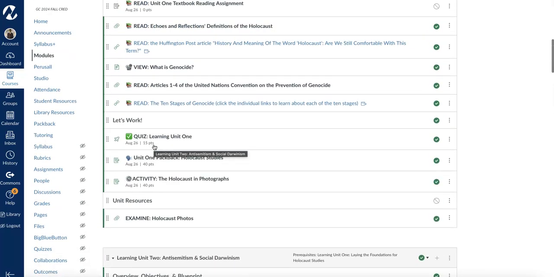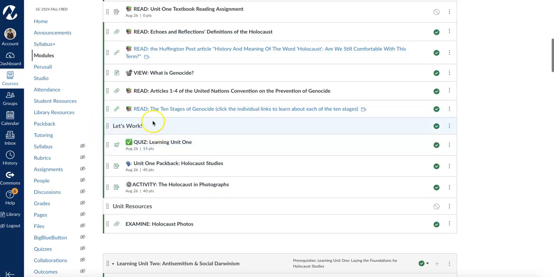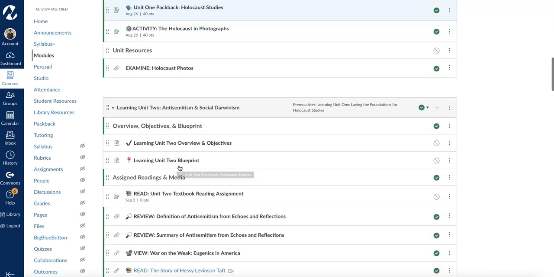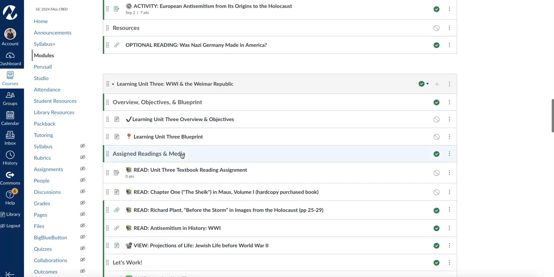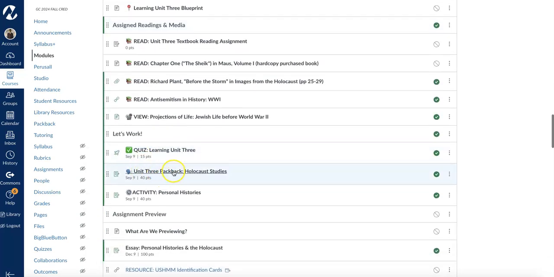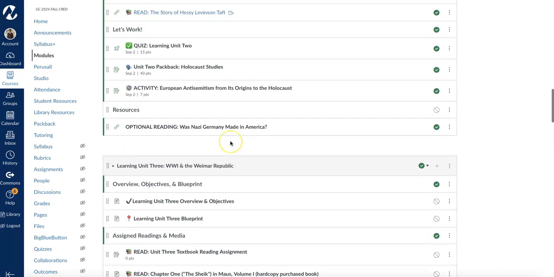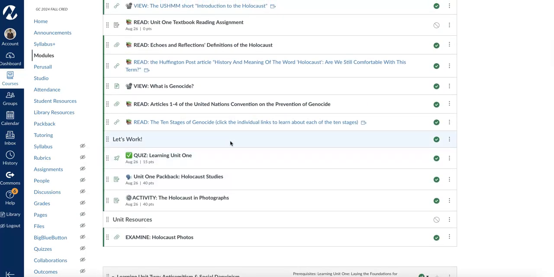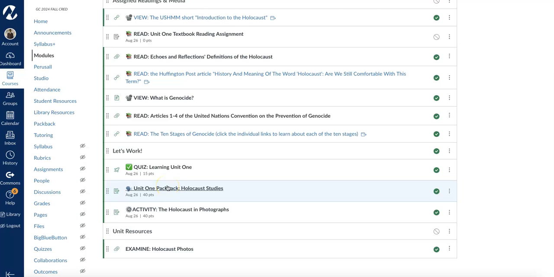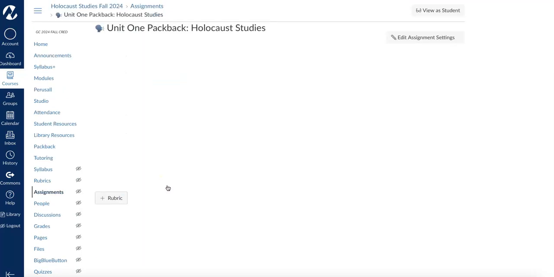Okay, every single learning unit under the Let's Work section, you'll find a Packback assignment. So Unit 1 Packback for Unit 1, scroll through Learning Unit 2, Unit 2 Packback, Learning Unit 3, Unit 3 Packback, so on and so forth. Okay, so it's always in a consistent, easy to find place in your workflow. So we're going to click on our first Packback assignment,